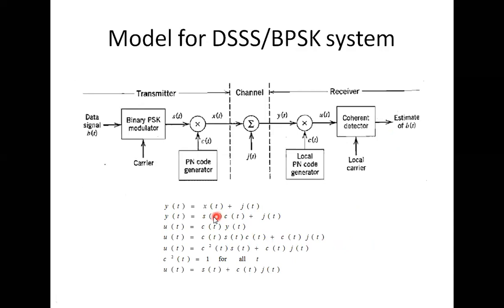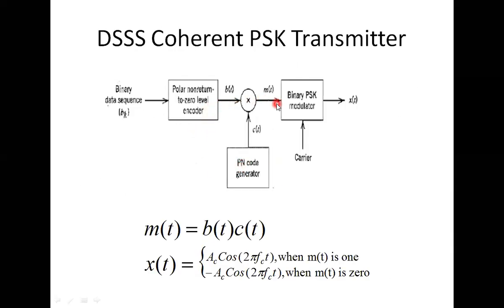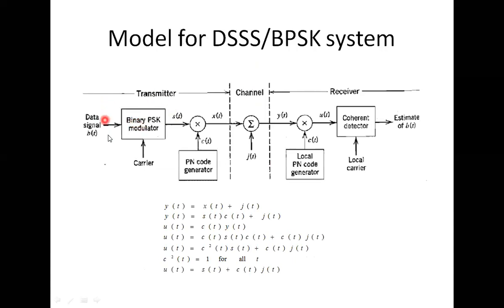Now, in this diagram, we have put both transmitter and receiver together. And one more point here is, it is always possible to exchange the position of modulator and the multiplier, because this will not disturb the flow. So here first it is modulation followed by a multiplier. Similarly, at the receiver, first multiply with the PN sequence, then demodulator.